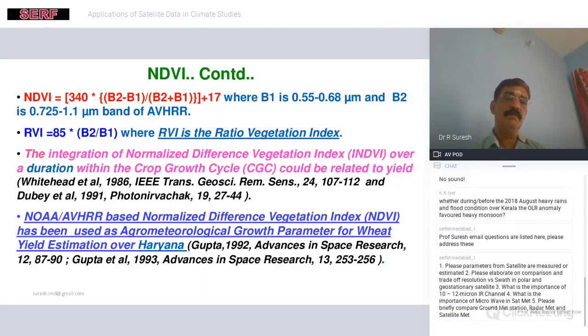The next one as an improved version is called the ratio vegetation index. This also has been coined. Both have their own application. This has been used by different groups, maybe internationally. Even in India, there are some local groups using it. And with that, we'll be in a position to say, suppose there is a water problem for irrigation purposes, water is not there. Because of that, a peasant is suffering, and then his